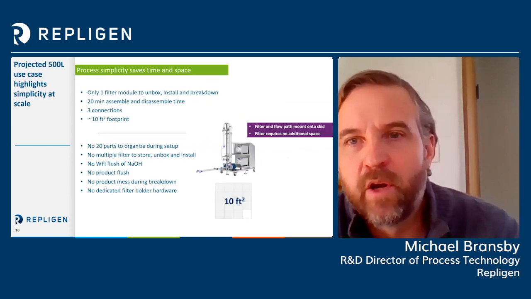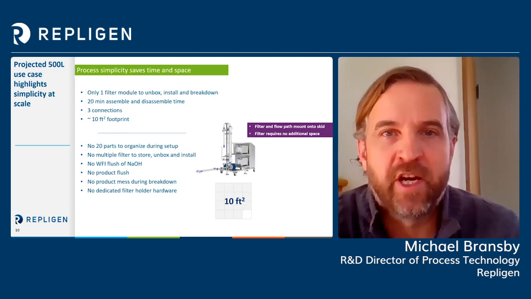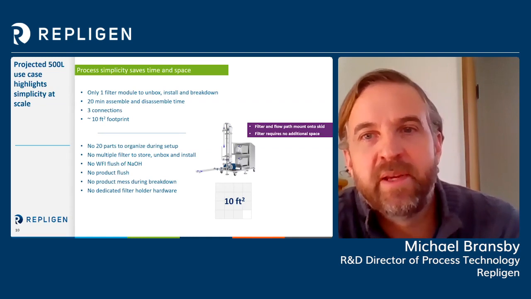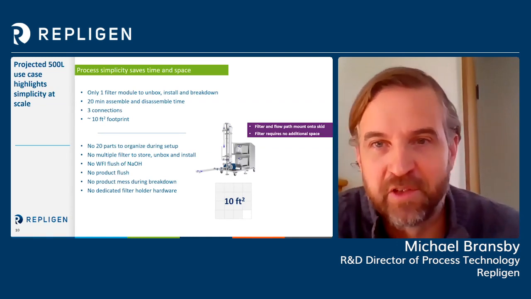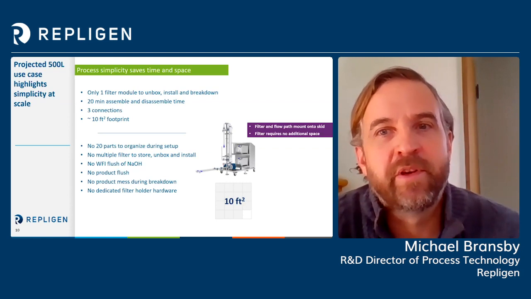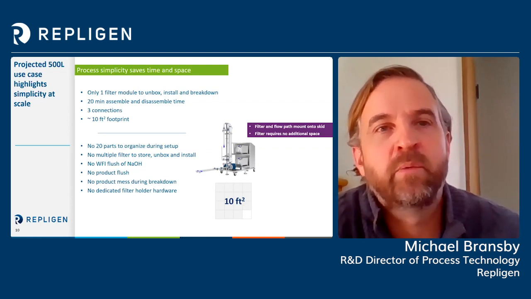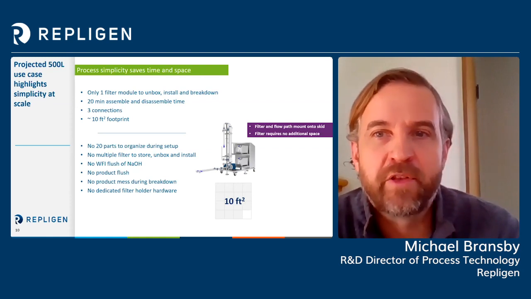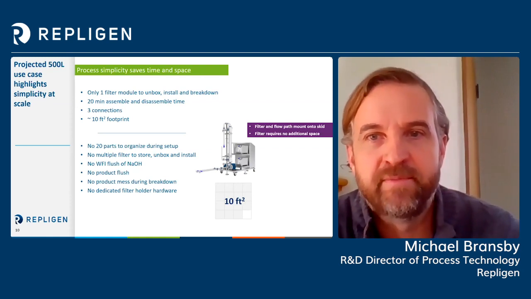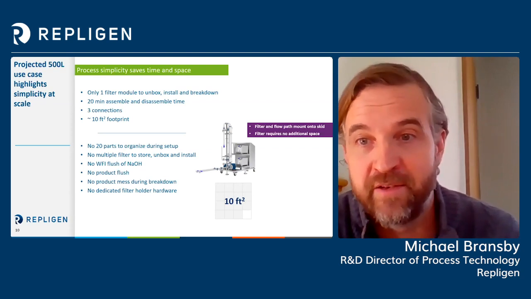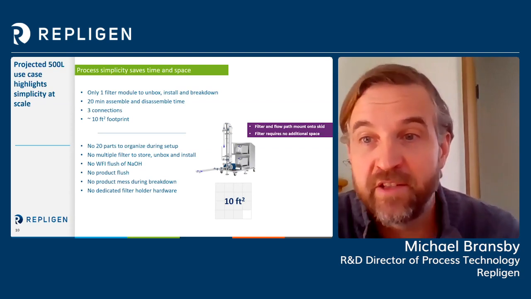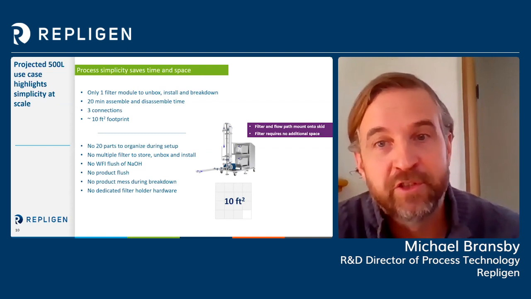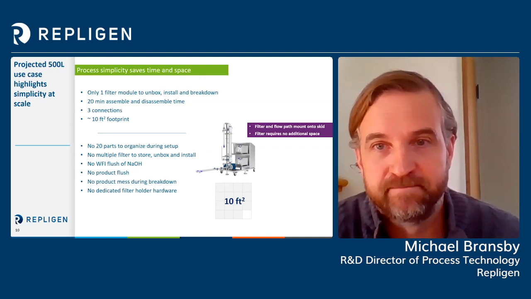So the bigger we go in scale, the more challenging the operation becomes. Almost every process can be managed at small scale, not too difficult. It's at larger scales where the rubber really meets the road and where TFDF really shines. Therefore, I just want to walk through what TFDF looks like if we were to scale another tenfold from 50 liters to 500 liters. We scale the TFDF process by adding more filter tubes to the same enclosure.